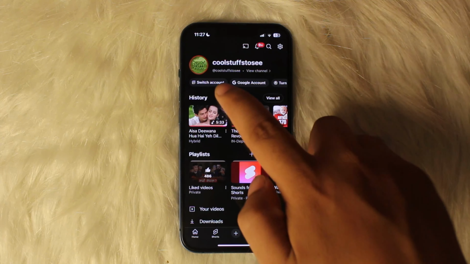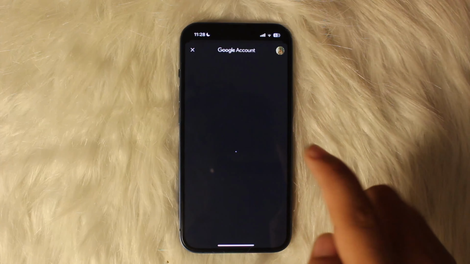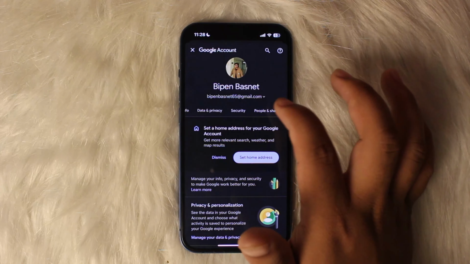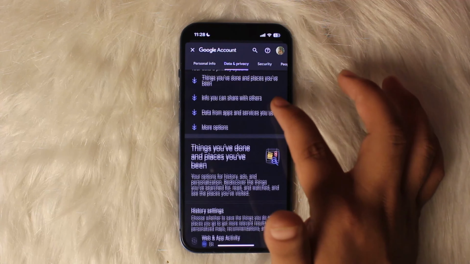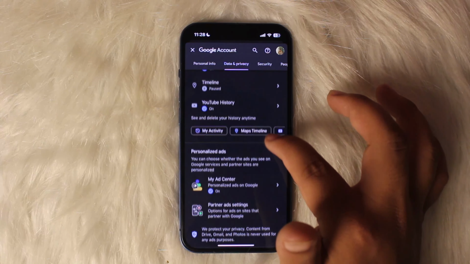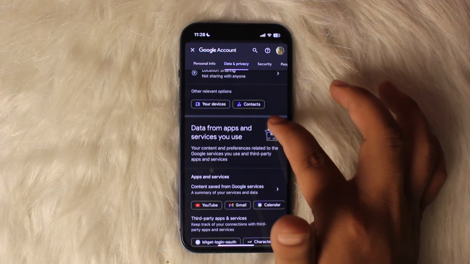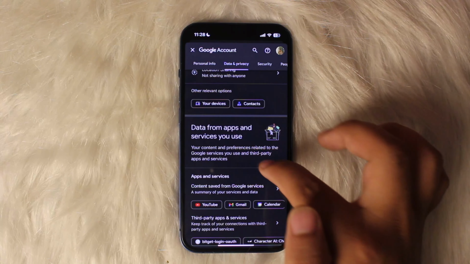From here, you can see the switch account option and Google account option. You want to tap on the Google account option, and now this page should pop up here. Now, on this page, you want to head over to the option here that says data and privacy, and under data and privacy, now you want to scroll down. Once you scroll down, you'll find the option that says data from apps and services you use, and you can